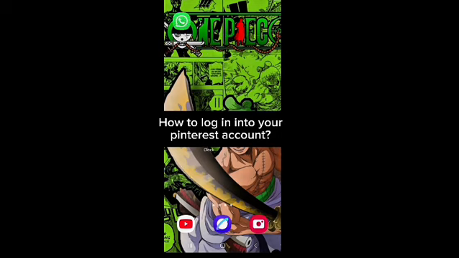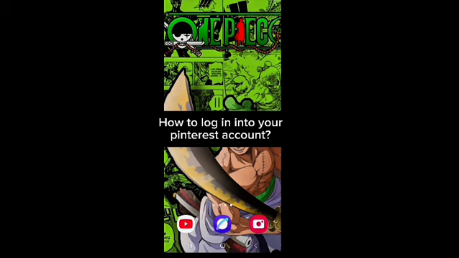Pinterest is a visual discovery engine for finding ideas like recipes, home and style inspiration and more. With billions of pins on Pinterest, you will always find ideas to spark inspiration. When you discover pins you love, save them to boards to keep your ideas organized and easy to find. You can also create pins to share your ideas with other people on Pinterest. You have to meet minimum age requirements to sign up, and we have certain protections in place for teens. Keep watching the video till the end.